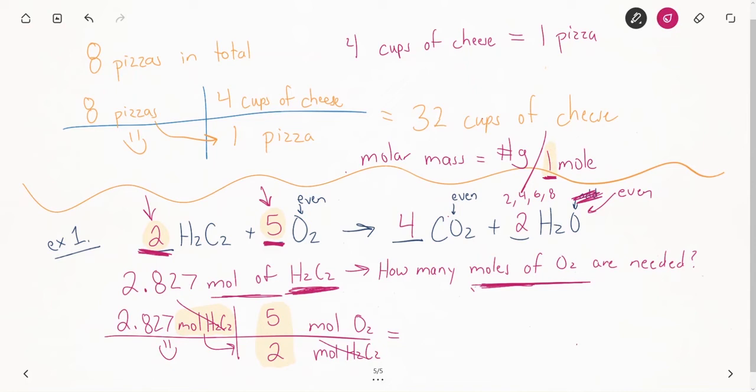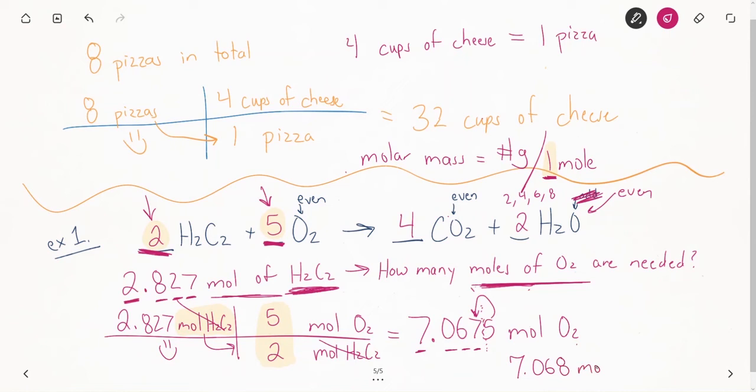Alright, let's quickly do this calculation. What we need to do is take 2.827, multiply by 5, and divide by 2. And our answer is 7.0675, and we have to double check our unit, which is going to be moles of oxygen. We have 4 significant figures: 2, 8, 2, and 7. So my answer needs to have 4 significant figures as well. I'm going to chop it off right here at the end, and because we do have a 5, that means I need to round up on my 7. So the answer that we can finally report is